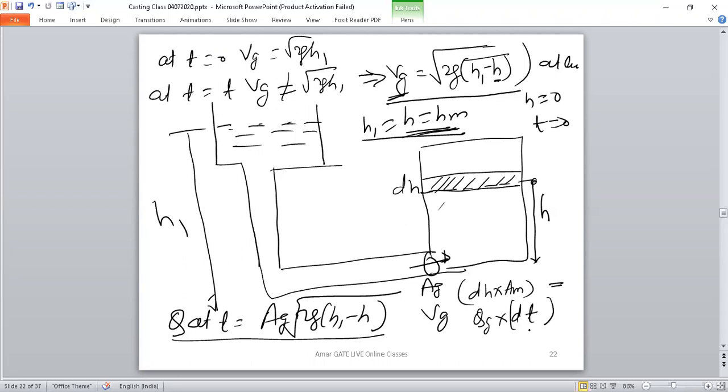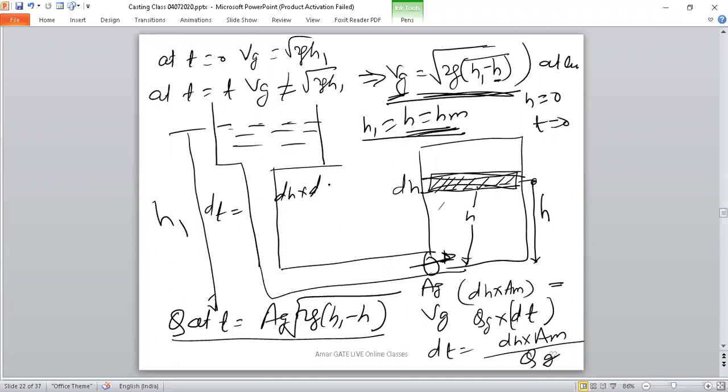The time required is dt, so dt will be equal to dh into Am divided by Q, where Q is equal to Ag root under 2g(h1 minus h). So when you integrate it,